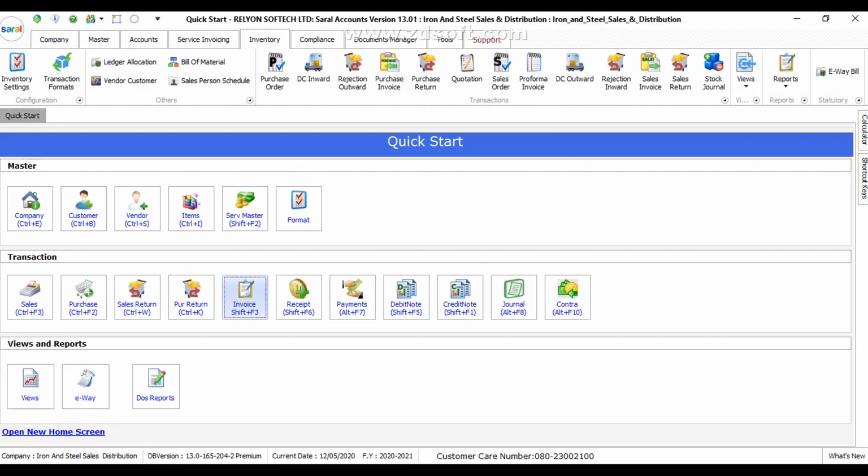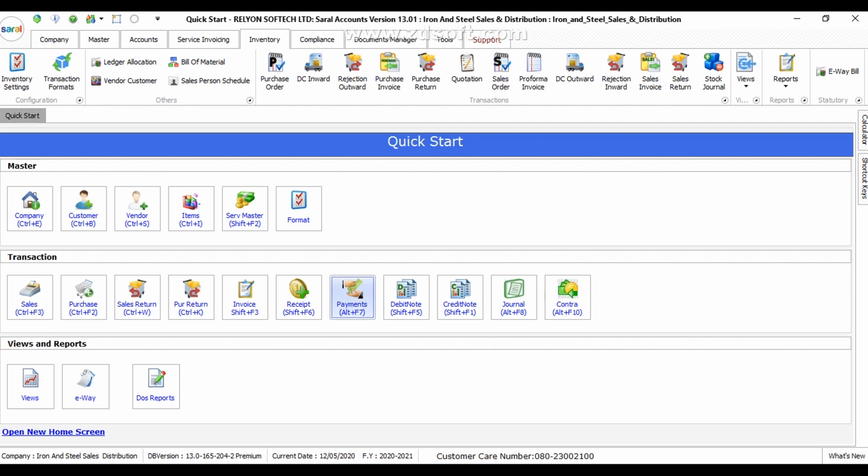So these are the transactions basically, and the receipt option is given for giving the receipt to the respective customers. And these are the payments options where we can adjust the bulk payments by one party, and TDS payment also. And these are the 4 options: debit note, credit note, journal, and contra. These are the account related options we have given. So accordingly, case by case, we can use them. So these are the transactions we have seen.